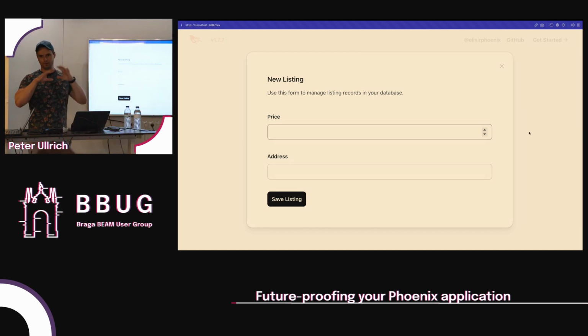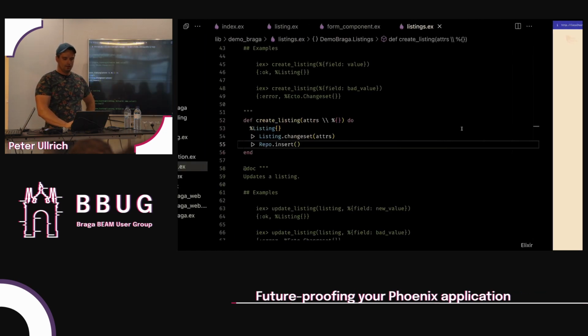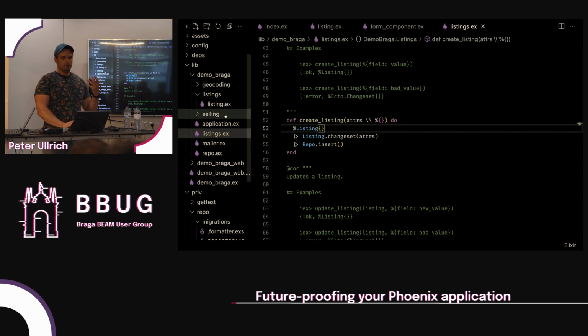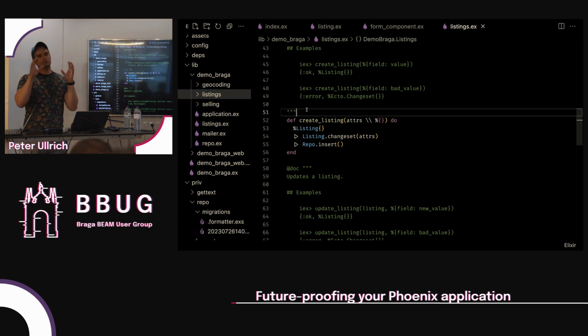We not only want to create a website, but we also want to have third parties integrate with our API. So we need to have two ways of creating listings. The first thing that I like to do is move these things outside. So let's first think about